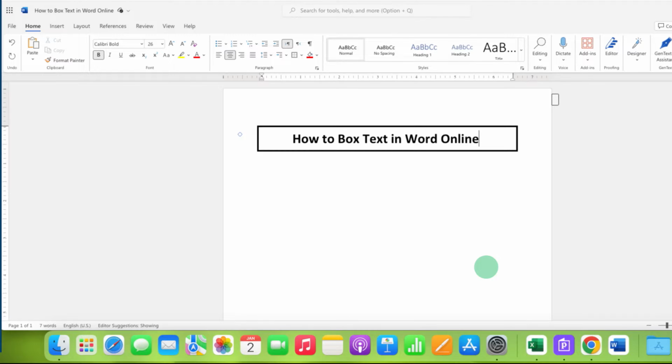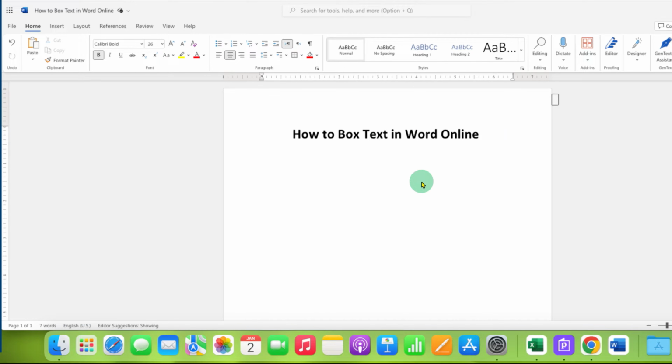In this video, you will see how to box text in Word Online. As you can see, I have added a box around the text and have increased the thickness of the border. It's very easy. First, what you need to do is click next to the text and press enter multiple times